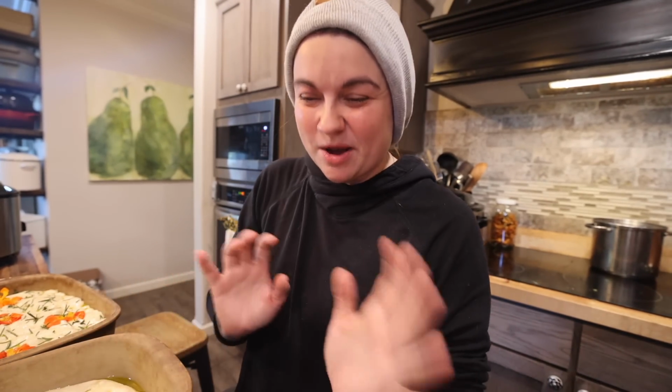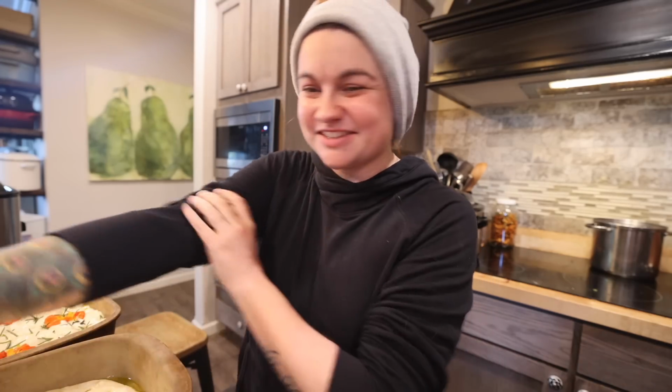Hair's going in the hat because I'm cooking for people that are not my family. So I want to be as careful as possible to make that as clean as possible. So